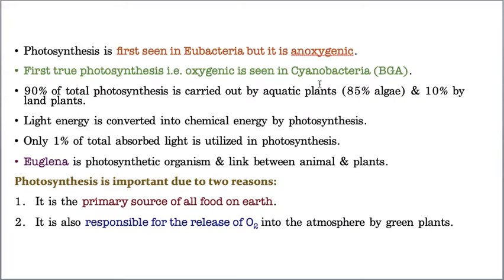Monera, kingdom Monera, is again divided into Archaebacteria, Eubacteria, and Cyanobacteria. You remember this, right? Mostly the Archaebacteria live on fermentation. That means methanogens and halophiles. They live in extreme climatic conditions like highly acidic nature, like pH 2, and high temperature. They live in extreme climatic conditions. They are called archaebacteria.